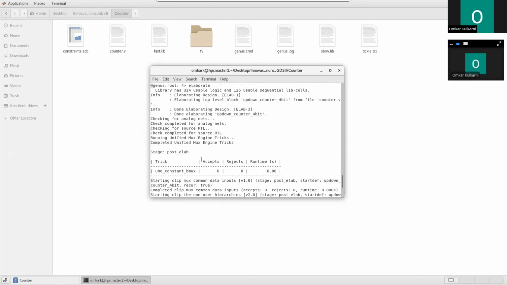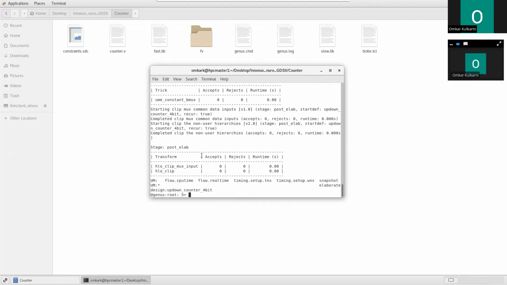It will be checking how many MUX or LUTs or any other registers need to be put or mapped. Also, how many IOs are there, as well as how to map it with the standard cells. Later on, we will give our constraints file by typing read_sdc